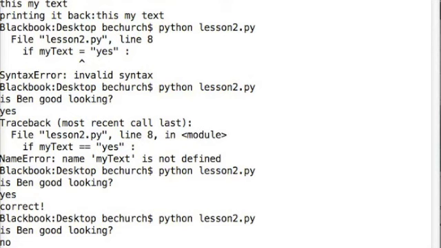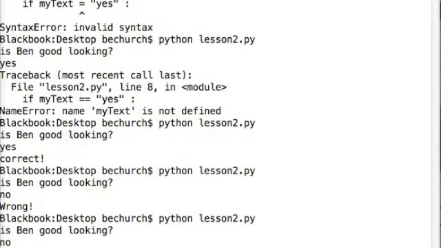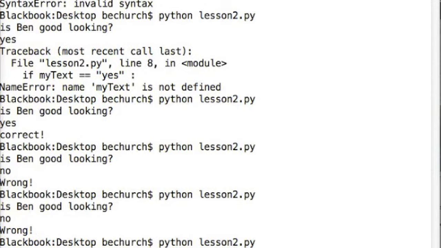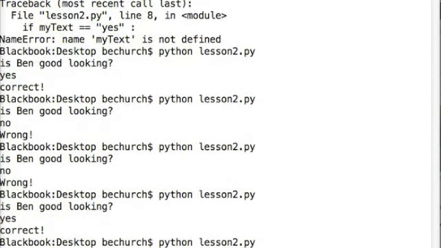See? No. Wrong. See? Computer smart. Yes. Correct. Or if we put some random stuff in there, couldn't understand. Worked flawlessly. Alright. So if you're getting any errors like that or any weird errors, always check back and see